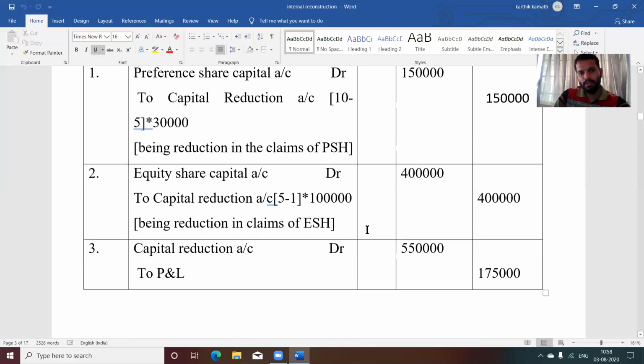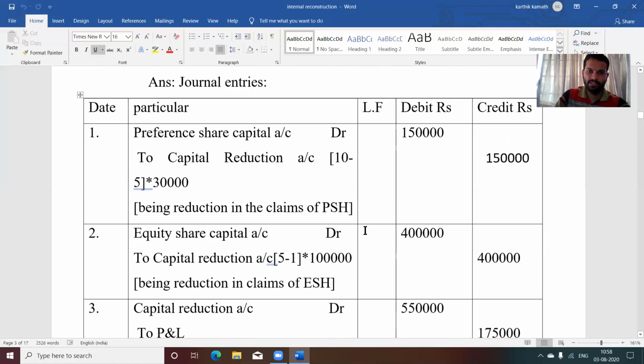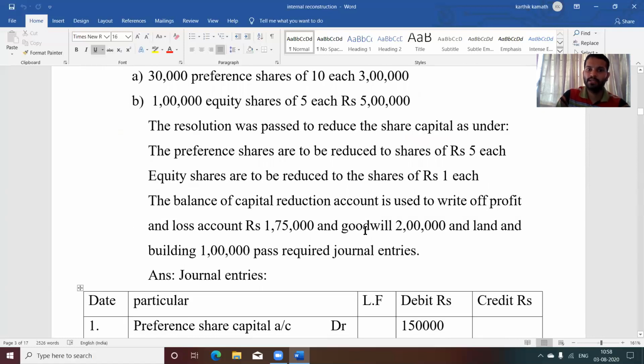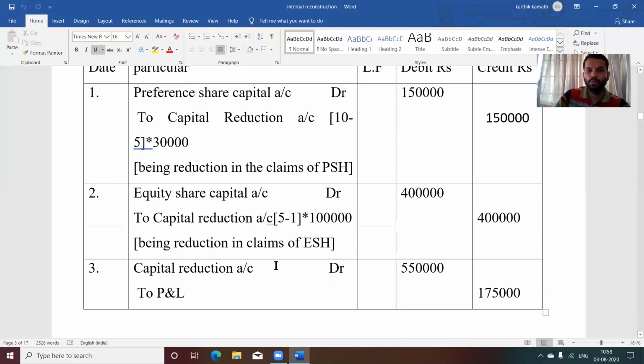Then finally, setting off all fictitious assets and losses. How to set off all fictitious assets and losses? They have said the balance of the capital reduction account is used. So here, the balance of capital reduction means the credit balance of capital reduction, 1,50,000 and 4 lakh together, 5,50,000, to capital